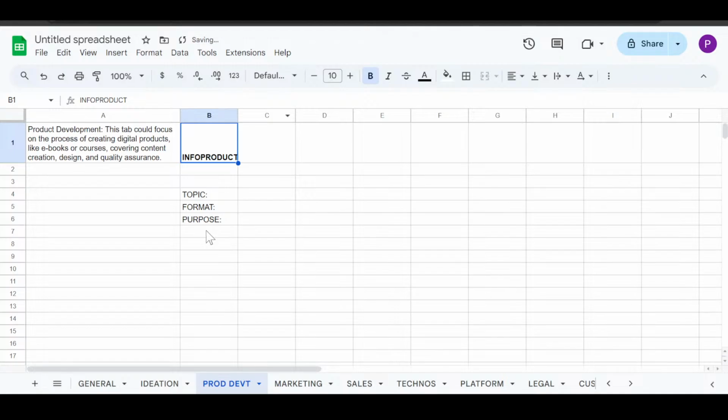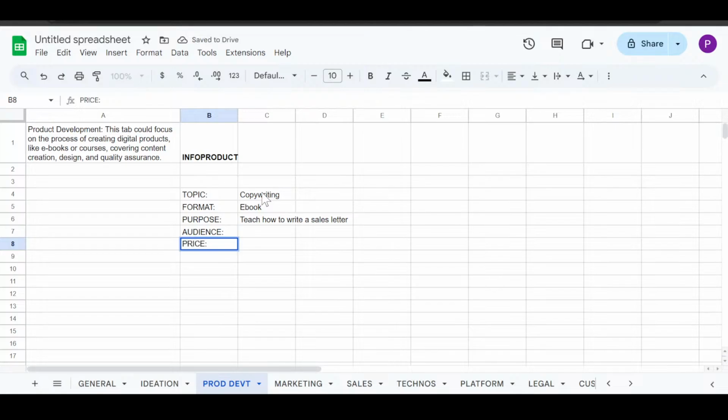So for example, the topic can be copywriting, the format can be an ebook, the purpose could be teach how to write a sales letter or a landing page, and obviously we need to clarify the audience,